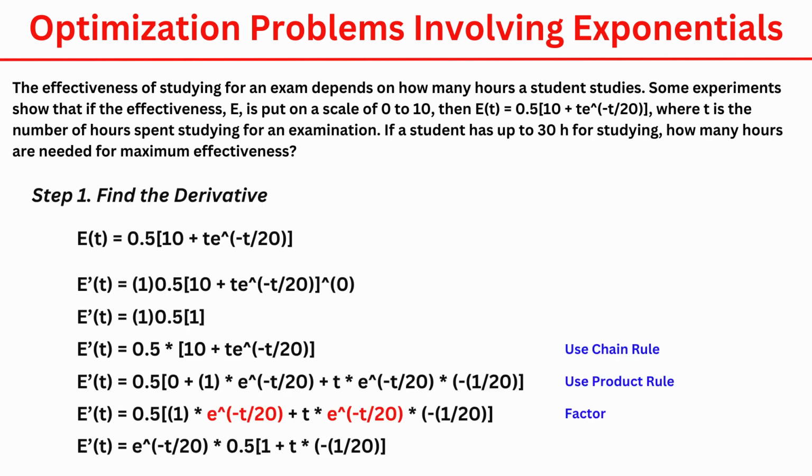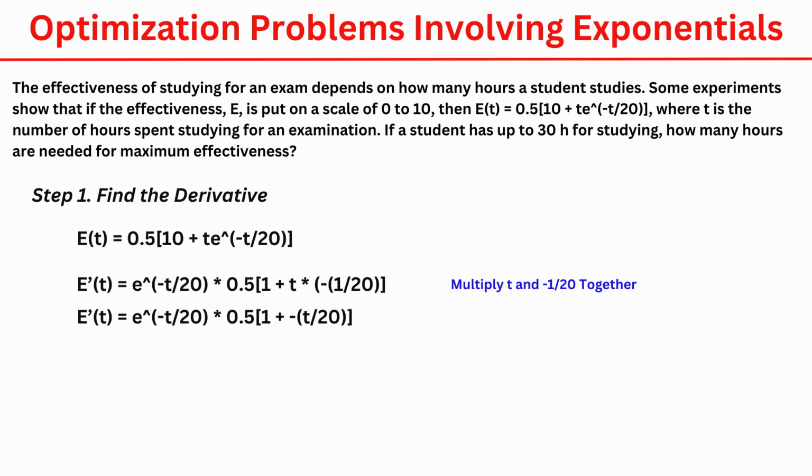To solve this example, we will have to find the derivative of the expression first. We can bring the exponent of the outside to the front, which will leave us with just 0.5. Since we need to use the chain rule, we'll find the derivative of the numbers inside the parentheses as well. After that, e to the power of minus t divided by 20 can be cancelled out, leaving 0.5e to the power of minus t divided by 20, parentheses 1 minus t divided by 20. Further simplification can be done by multiplying t and minus 1 divided by 20 together,